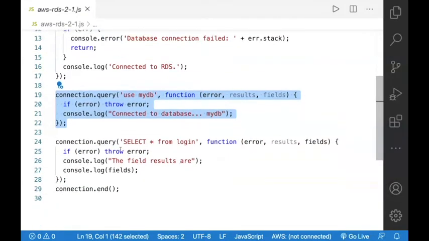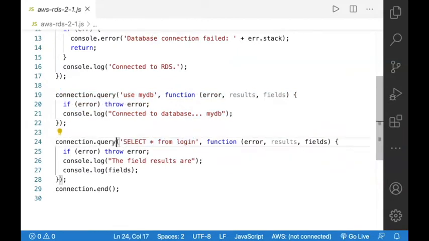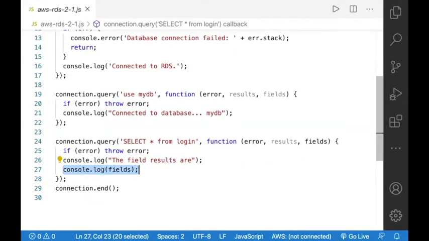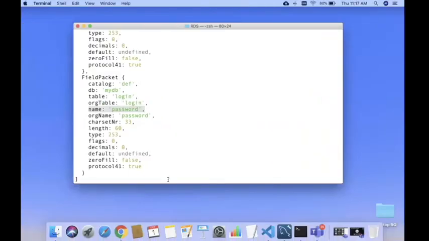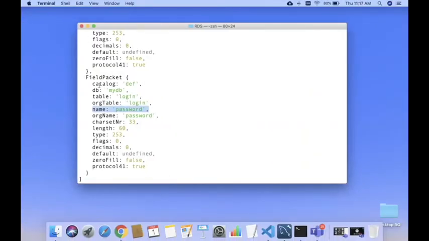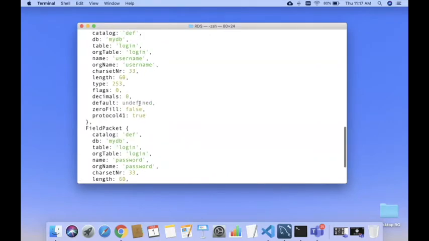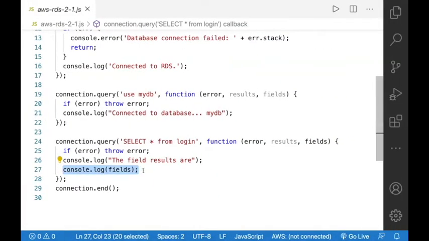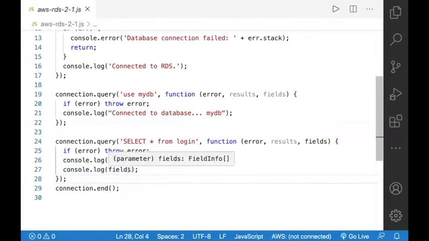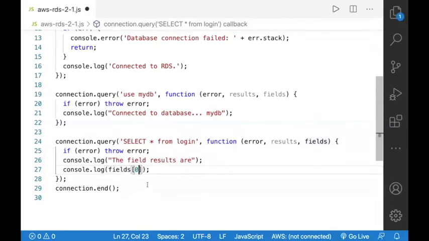Next, I'm going to write my own query. Ultimately, it is the same syntax, connection.query. This console.log of fields returned the field information about the database. Consider now, I don't want to have all the field information. I wanted to have only the name of the field. How do I get it? I can write that fields has many values. Out of that, I'm going to access only